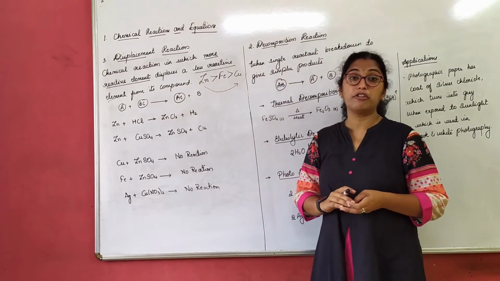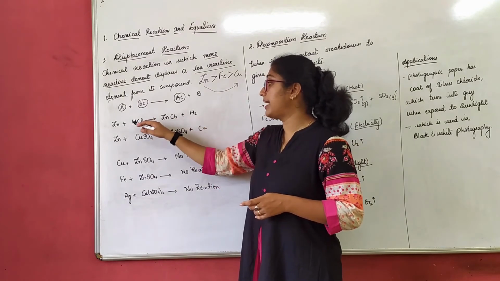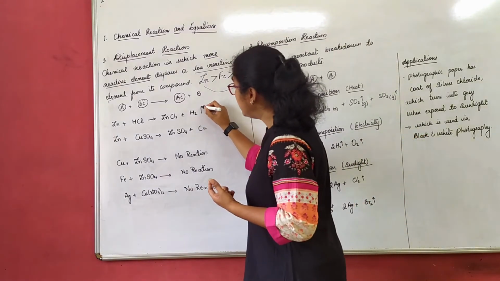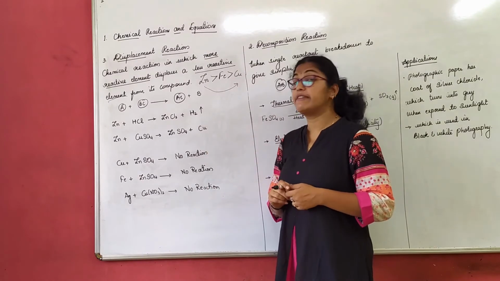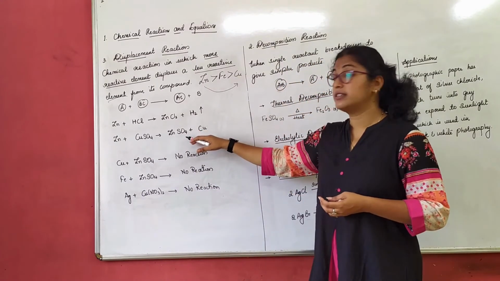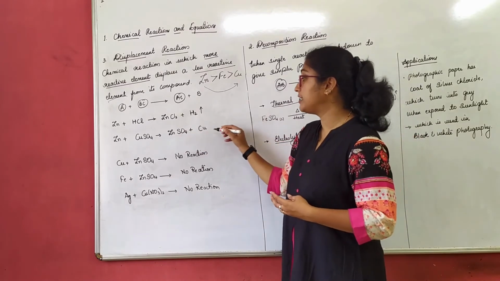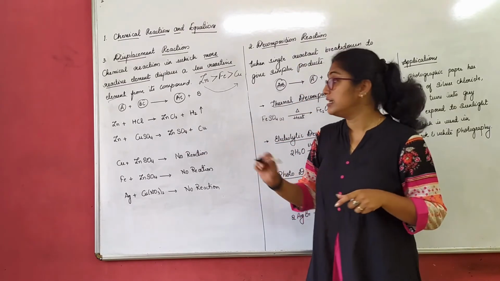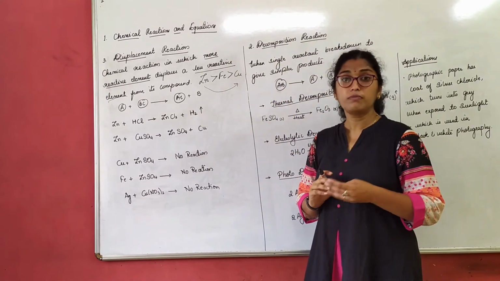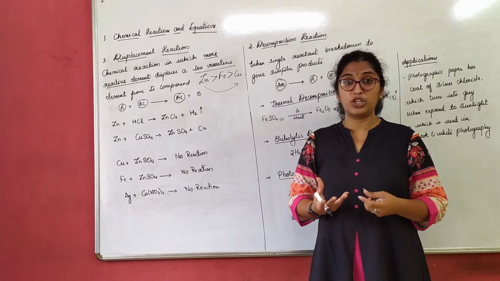Zinc reacting with hydrochloric acid: we get zinc chloride, as zinc replaced hydrogen, and hydrogen gas is liberated. Zinc reacting with copper sulfate: zinc can replace copper, correct? What is formed? Zinc sulfate. Sulfates are nothing but those respective salts; you will study that later. Zinc sulfate plus copper. Now copper is not a gas here. Copper is formed, either as granules or anything. You can say it precipitates sometimes. Okay, we will write it, but it is not actually a precipitation reaction.